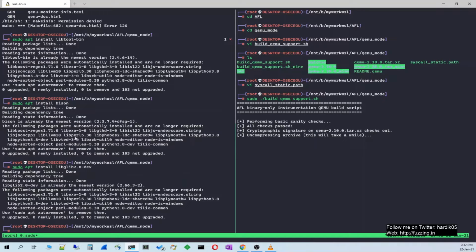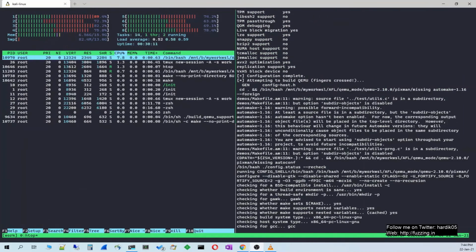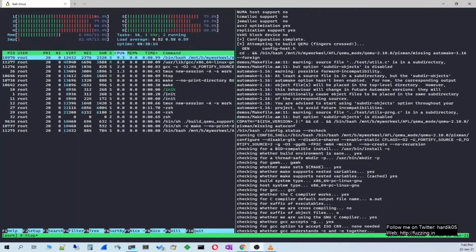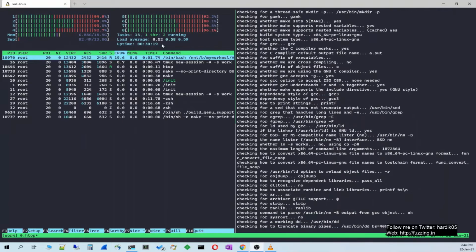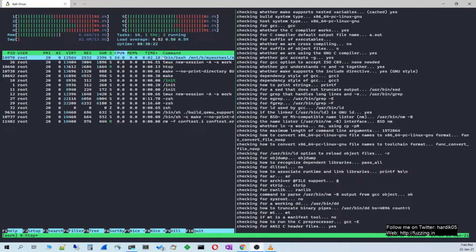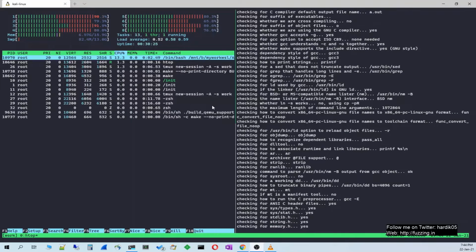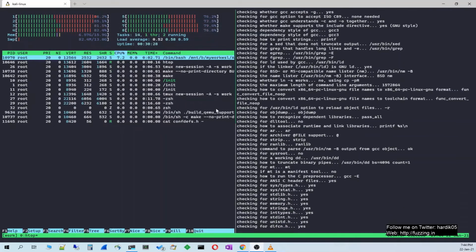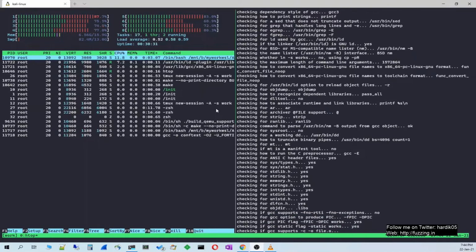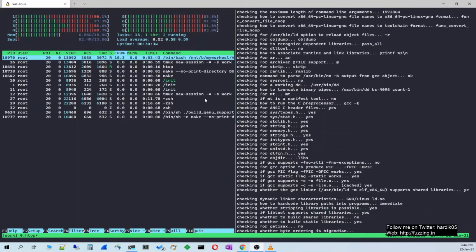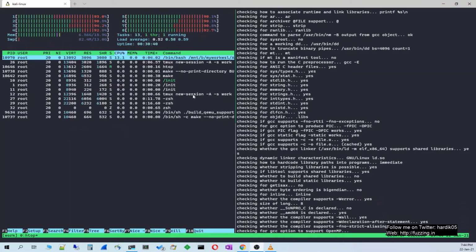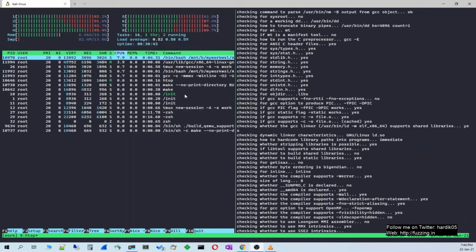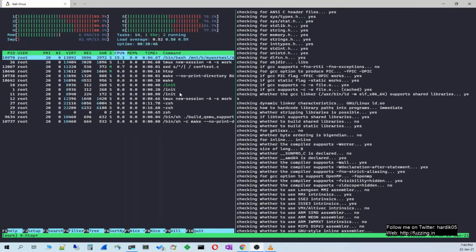So I'm stopping the video right now, and I will start it again once the compilation has been successful. Okay, so I have run this build QEMU support.sh shell script, and I have this htop open over here just to check when the build process finishes, and just to check the status over here. So we need to wait for some time, and once it is compiled and installed on the system, I will show you how we fuzz our damn vulnerable C program using QEMU. So for that we will simply compile that, and we'll assume that we don't have any source code, and we'll simply fuzz that, and we'll see if we can get some crashes.